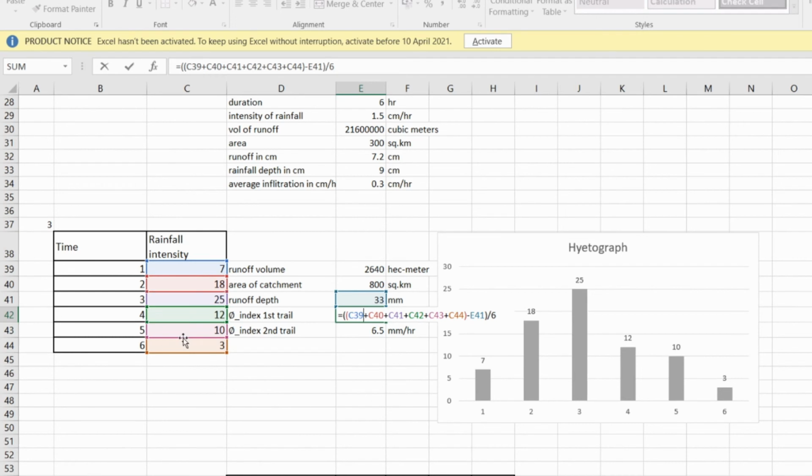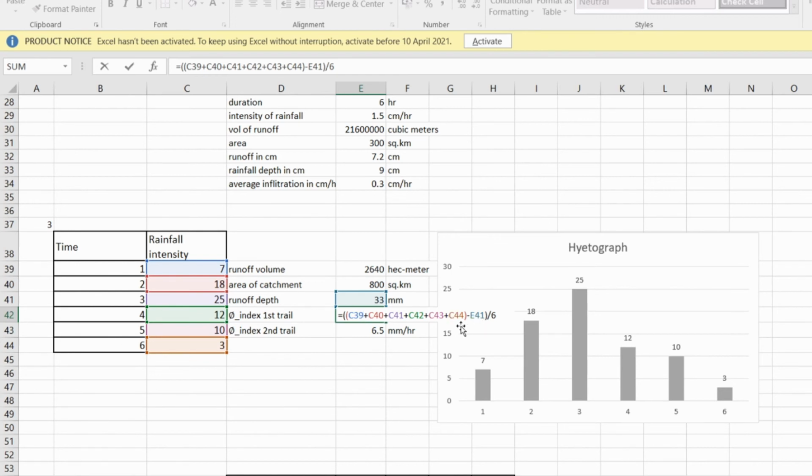Similarly, we can calculate for all of these. If I take the sum of all of these, 7 plus 18 plus 25 plus 12 plus 10 plus 3, it will give me the total rainfall that has happened in the 6 hours. That is what I did. I have added all the rainfalls. Now this gives you the total precipitation that has happened. You can see this bracket. Within this bracket, the sum of all these cells will give you the total rainfall that has happened